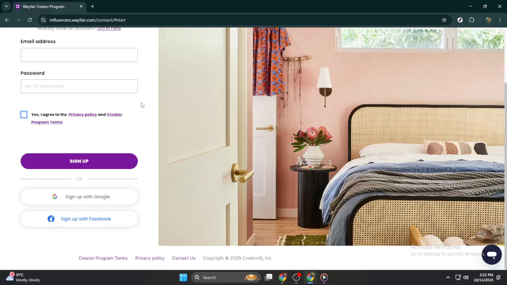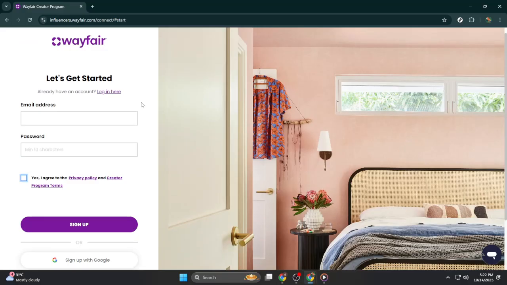And there you have it. You now know how to set up a Wayfair affiliate account. Once you're all set up, don't forget to explore the platform, familiarize yourself with the dashboard, and start sharing those amazing Wayfair products with your audience to